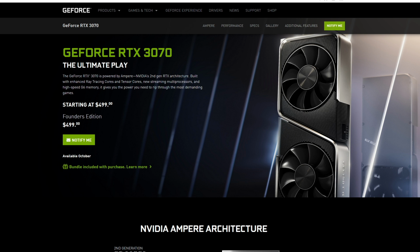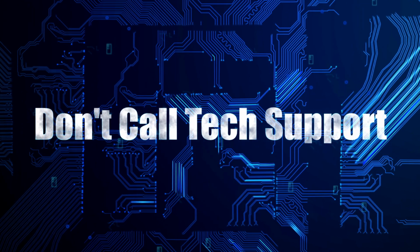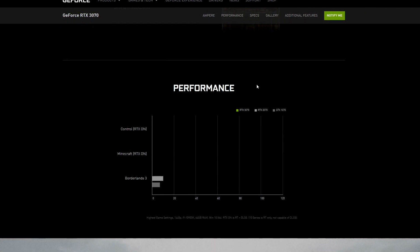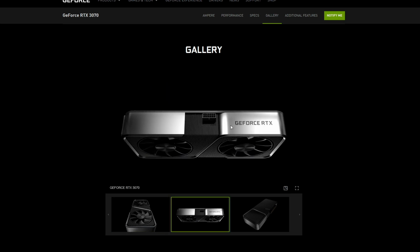I need your help deciding which RTX 3070 card to test, and here is the Founders Edition. So this is the Founders Edition, and in my humble opinion, it is one of the nicest cards I have seen in a really long time. I really like the clean look of this thing, and I don't like the 12-pin connector, I have to say. I don't like that. It looks a bit...